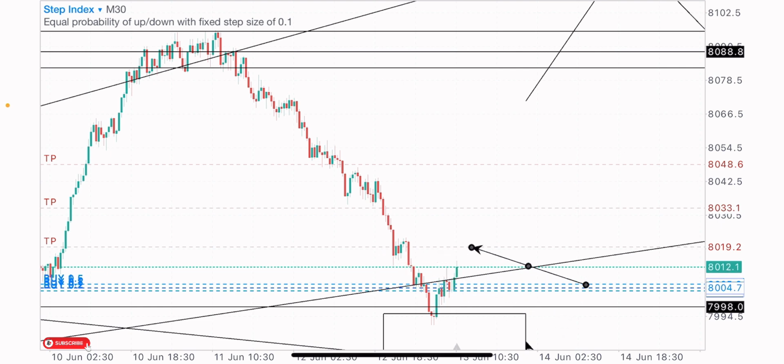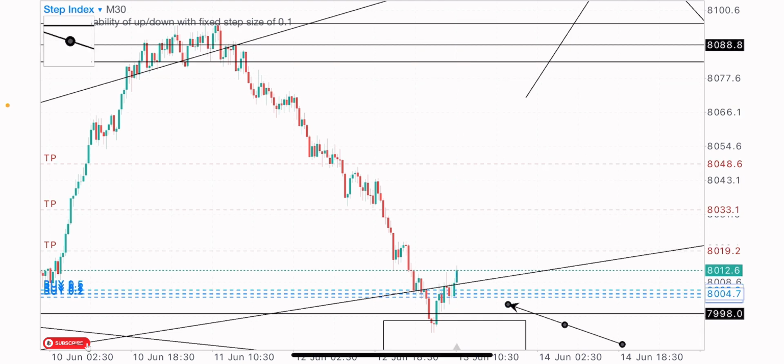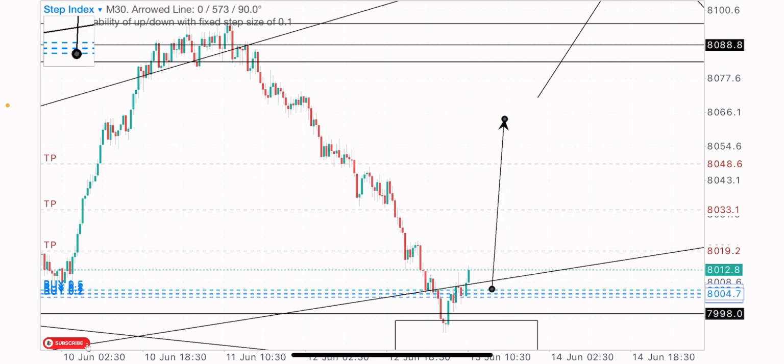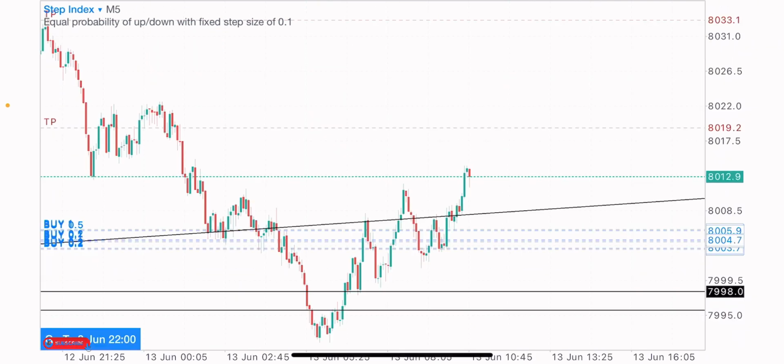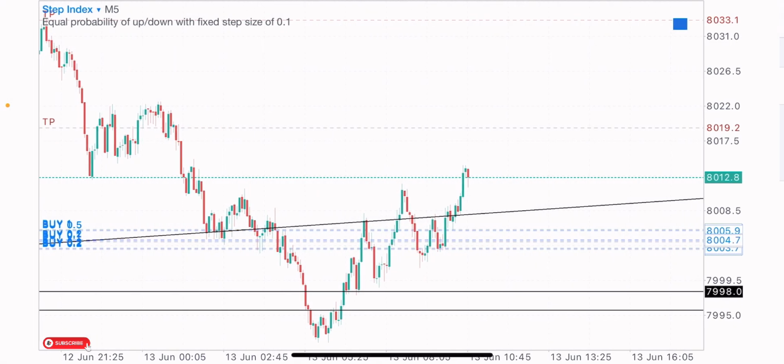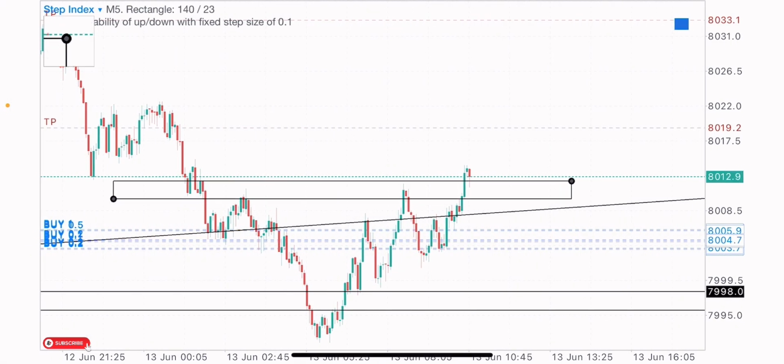My first TP is about to get smashed, which I'm holding strongly, and I'm likely to still close out some positions right now, taking partial profits on these buys, because I have about 6 positions running on Step Index, and I'm still expecting more buys. Like I said, let's see what happens basically, and I'll still give you guys an update on how this trade played out later on. So that's it, guys. That's my view and analysis, and that's how I was able to take the buy trade on this index.